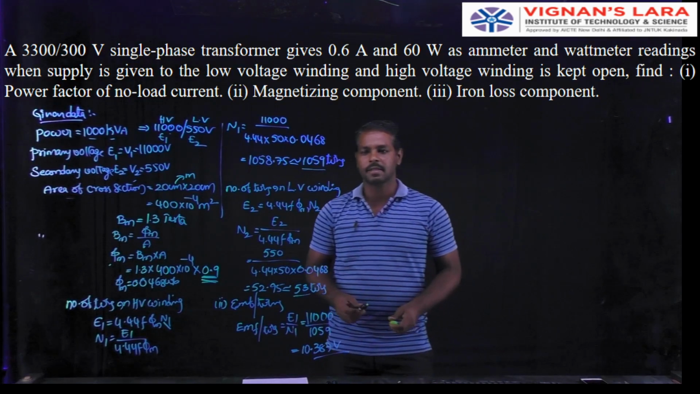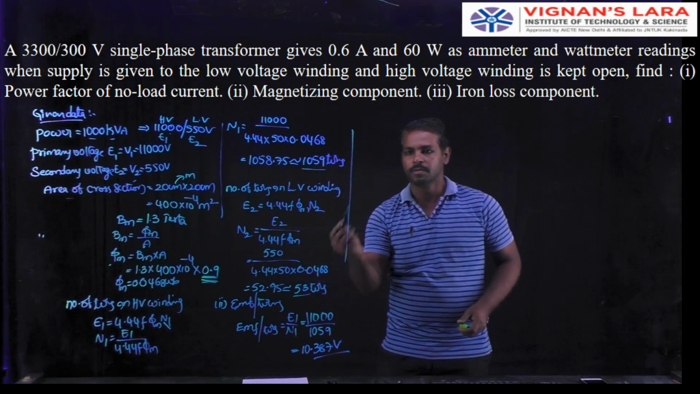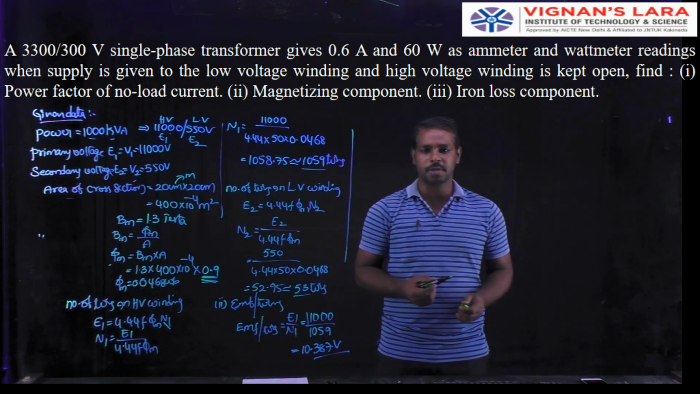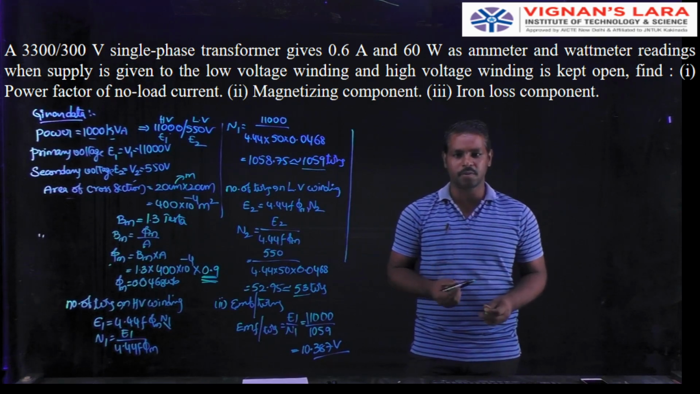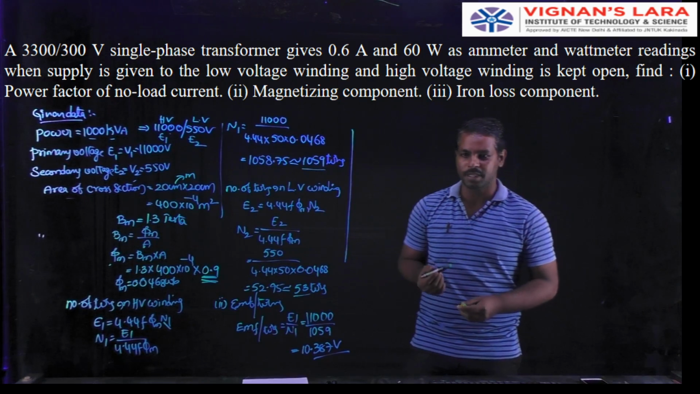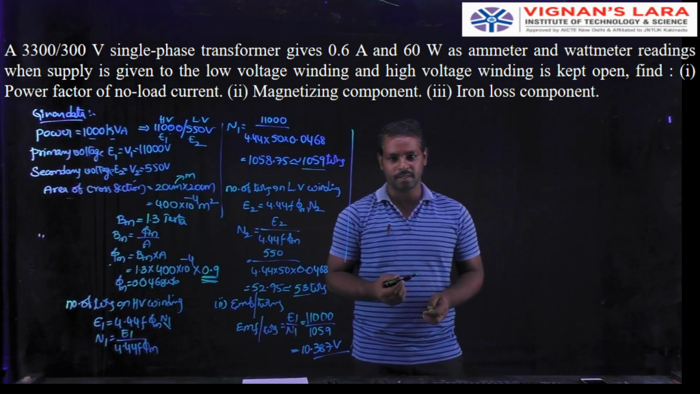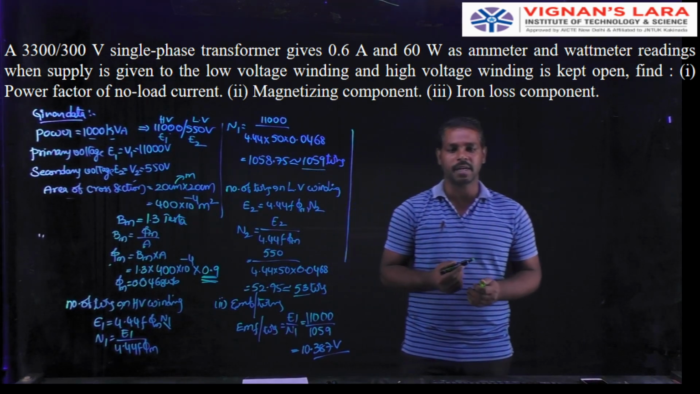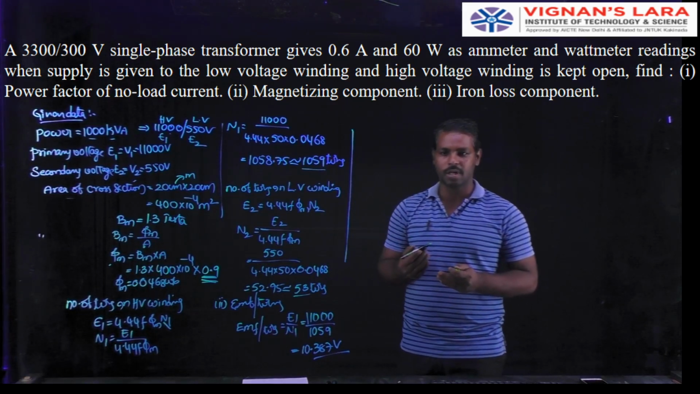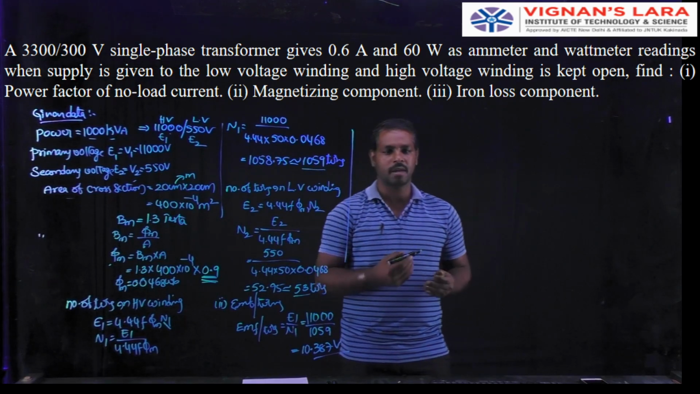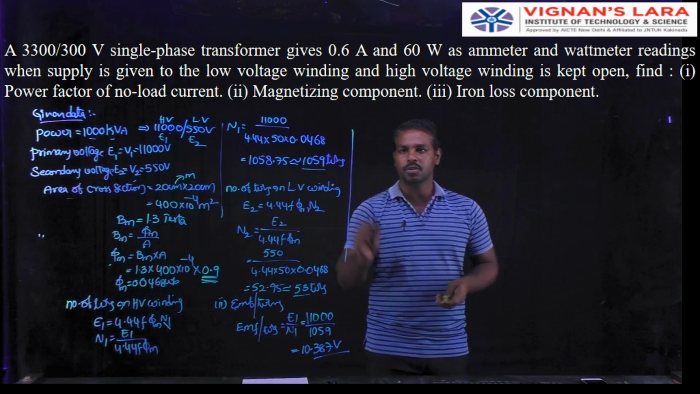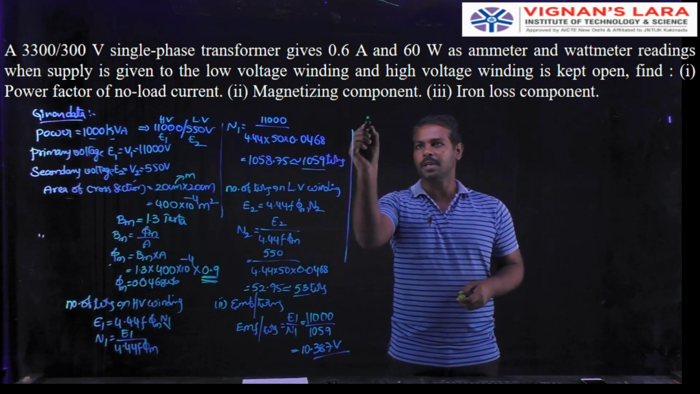So another one is a 3300 by 300 volt single phase transformer gives 0.6 and 60 watts as ammeter and wattmeter readings. So when the supply is given to the low range voltage winding and the high voltage winding is kept open circuited, find the power factor of no load current, magnetizing component, and iron loss component. So in this rating of a transformer,